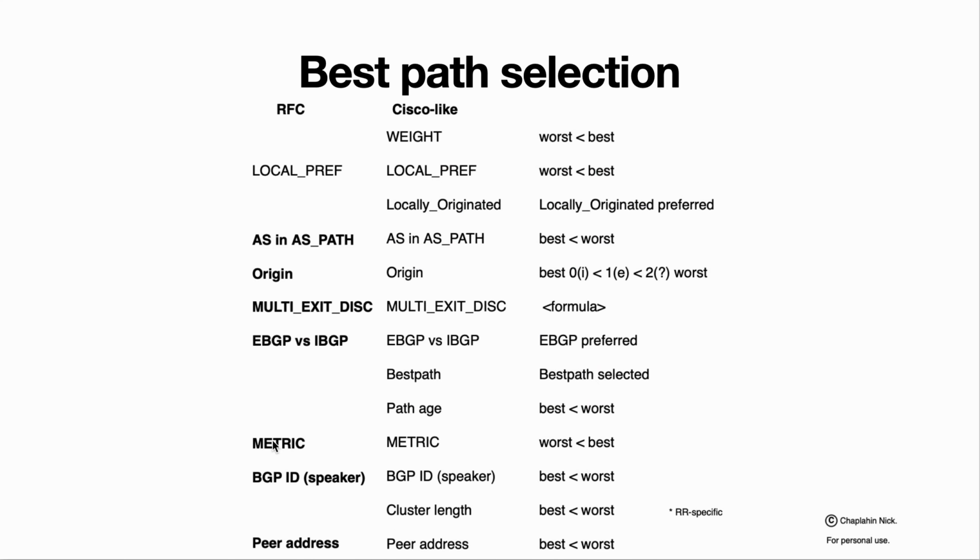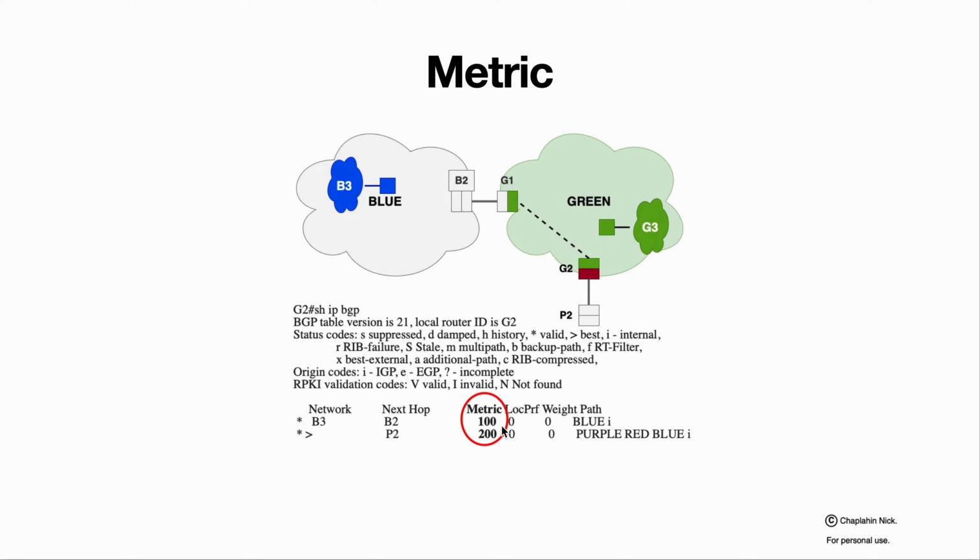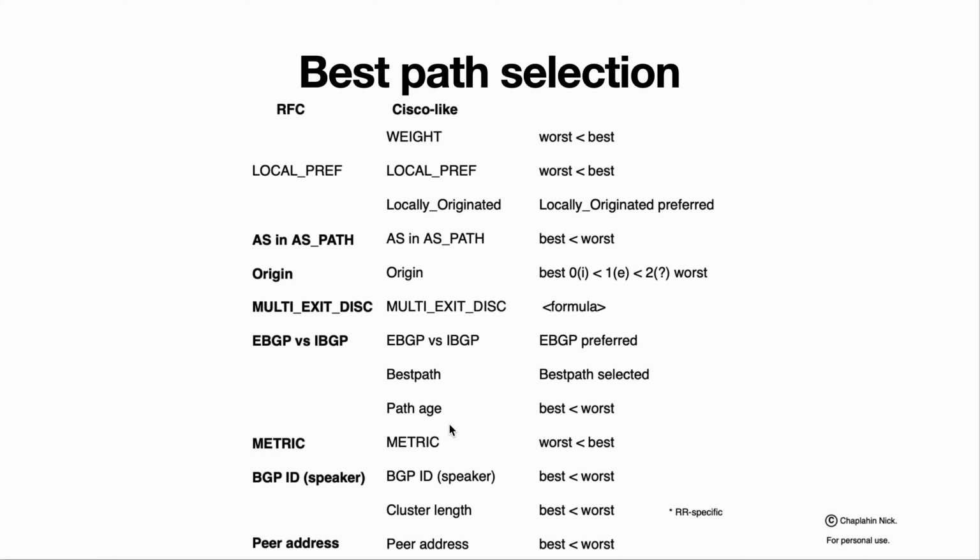Then metric. Metric is something that is calculated and transmitted in frames, and it has direct mapping to the fields of show IP BGP. The bigger, the better. The bigger number means better, and we select the path with the bigger metric. If every previous stage still displays our paths as equal,